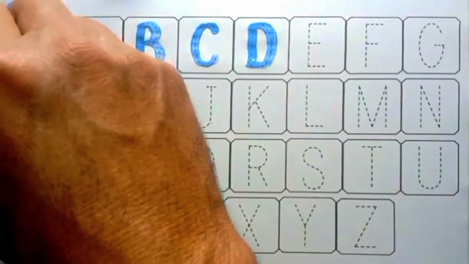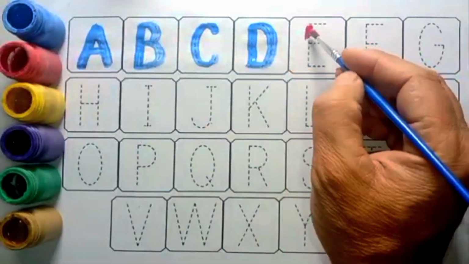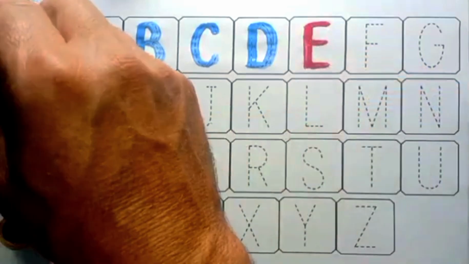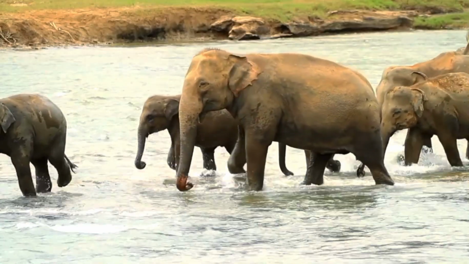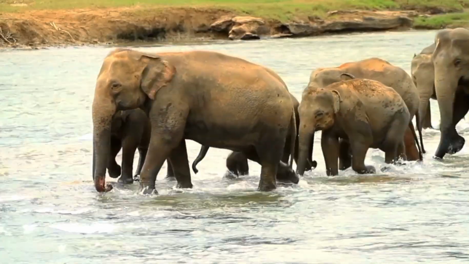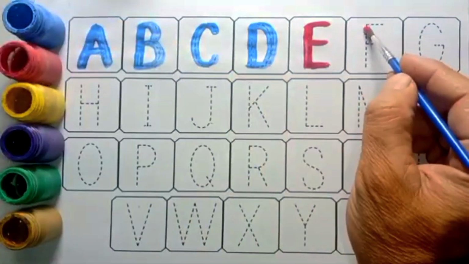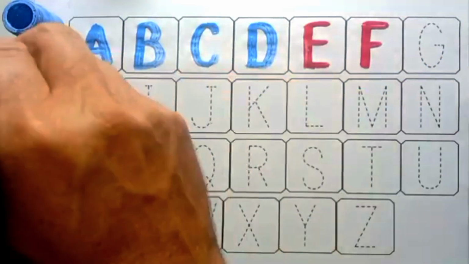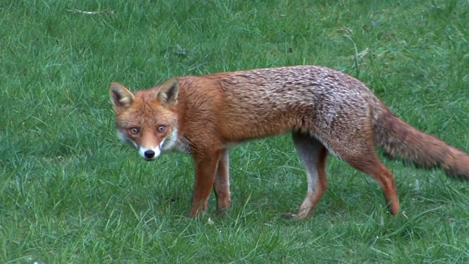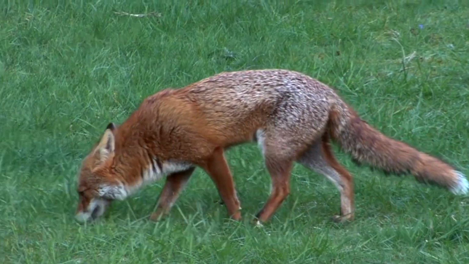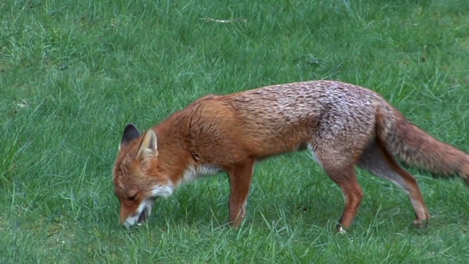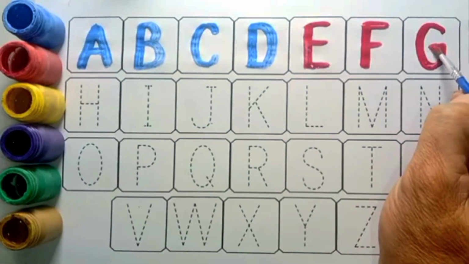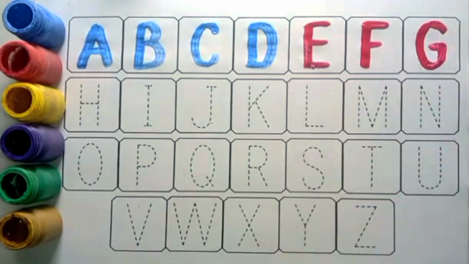Red color। E for elephant, E for elephant। F for fox, F for fox। G for gorilla, G for gorilla।